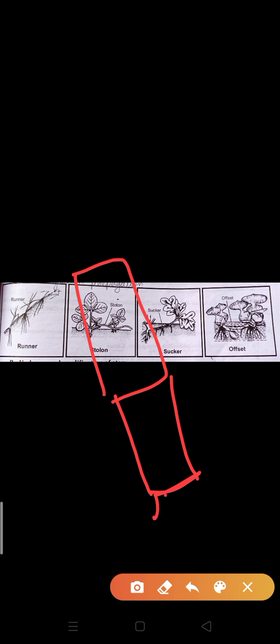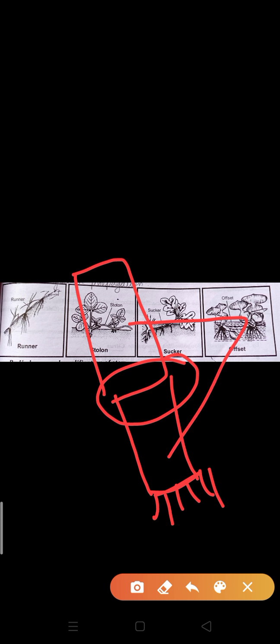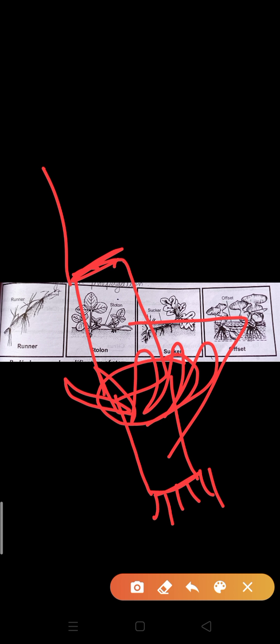Clear? So here you can see stem bears nodes and internode parts. Suppose this is the stem part; from here the adventitious roots develop. So this is known as the node part, and these two are known as the internode part. The region of the stem where leaves are born is called the node, and the portion between two nodes is known as the internode. You can see here the leaves can arise from the nodal part, and between two nodes, this portion is known as the internode.